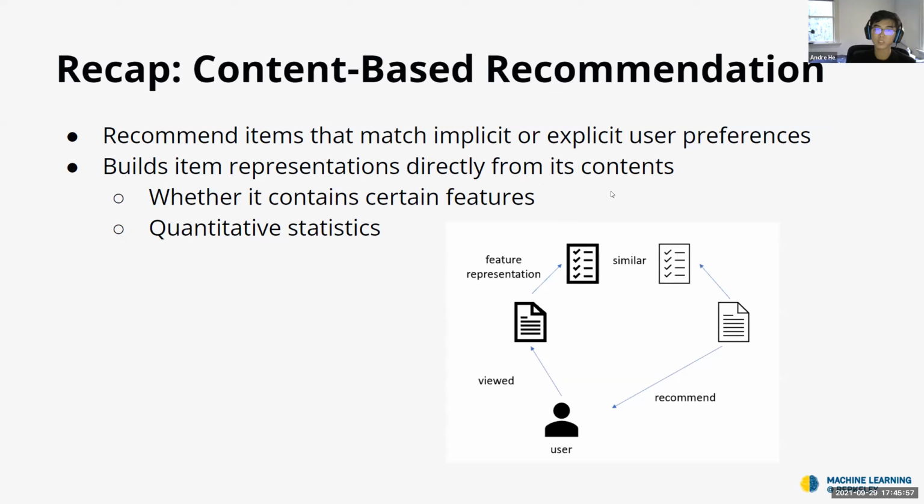Yeah, and then one of the problems in these systems is building quantitative descriptions of items. So sometimes your item might be hard to quantify. Basically, if your item is a certain user, like for Facebook, you would want to recommend users, right? And then there isn't an obvious way to quantify a video as a set of numbers. So one of the problems in content-based recommendation systems is finding these quantified representations such that it becomes easier later for us to